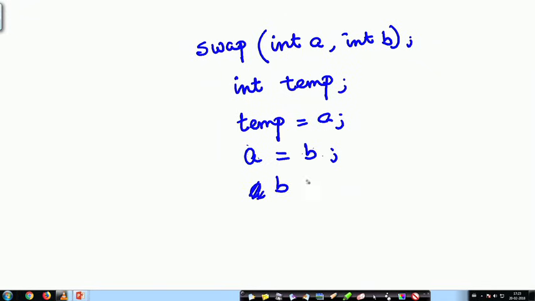So, b gets temp, and so this was my function return.